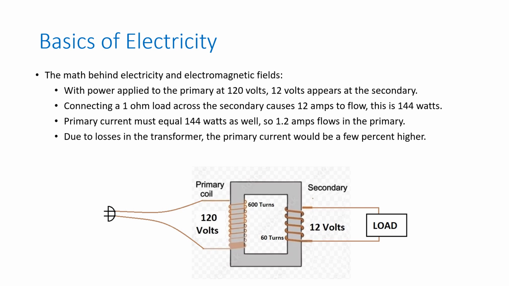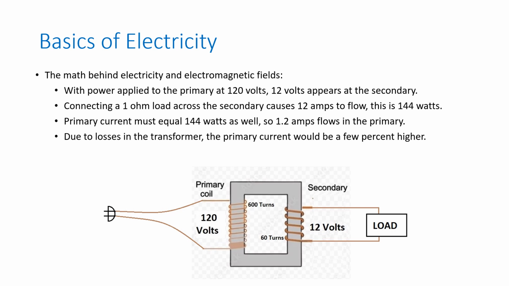So let's hook it up. Let's plug the primary into power and put a load on it. If my load is 1 ohm, Ohm's law tells me I'll have 12 amps of current flowing through the load, if the transformer can handle that much current, but let's assume that it can. Ohm's law also tells me that the amperage squared times the resistance equals power. So 12 times 12 times 1 means I have 144 watts in the load,